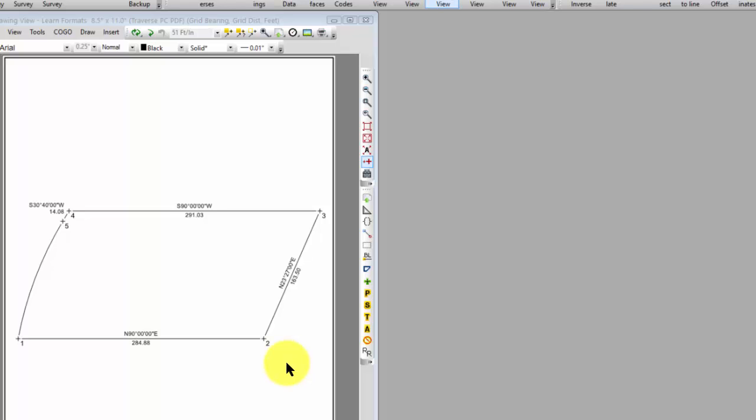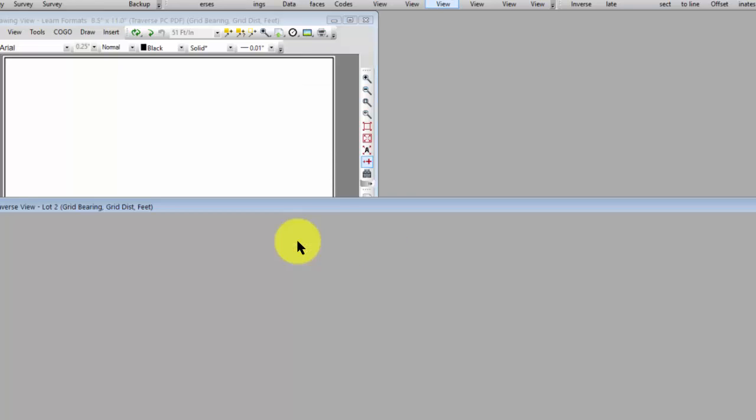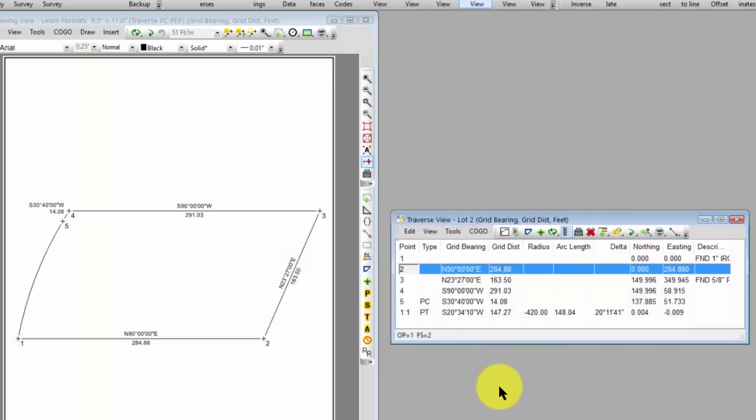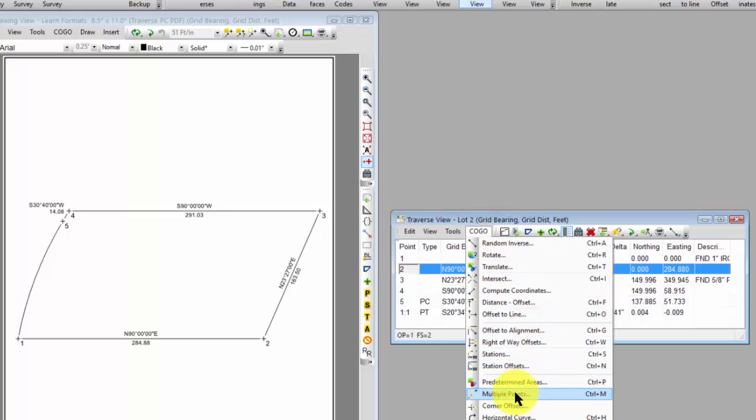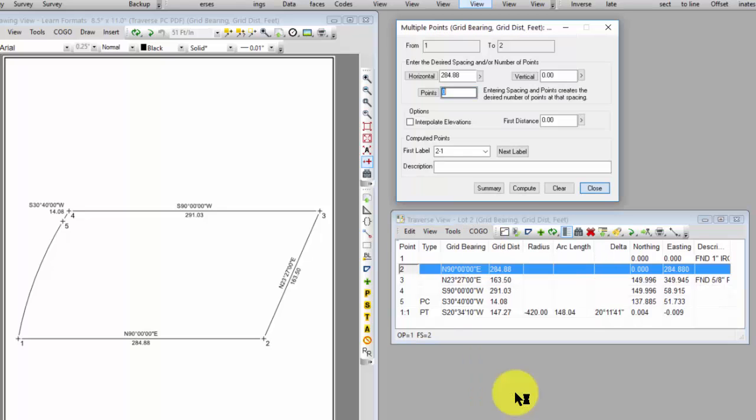It doesn't really matter. I'm going to right-click point 2 here and choose Edit Traverse. Traverse PC opens up the traverse view that created that boundary. It highlights point 2, the one I right-clicked, and I can simply say Cogo, multiple points right here. So Traverse PC is going to open up the multiple point dialog. Notice that it's already selected the line for me from 1 to 2 because I had highlighted point 2 when I started,